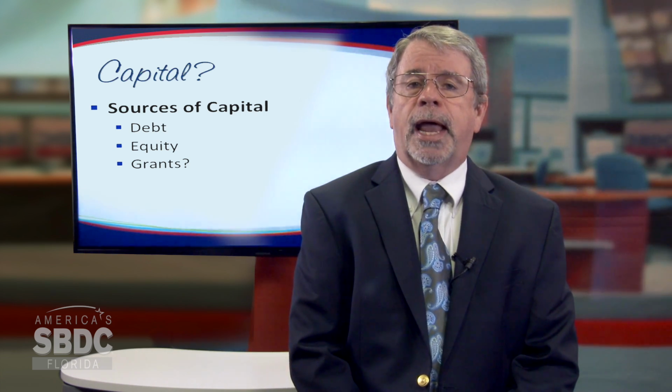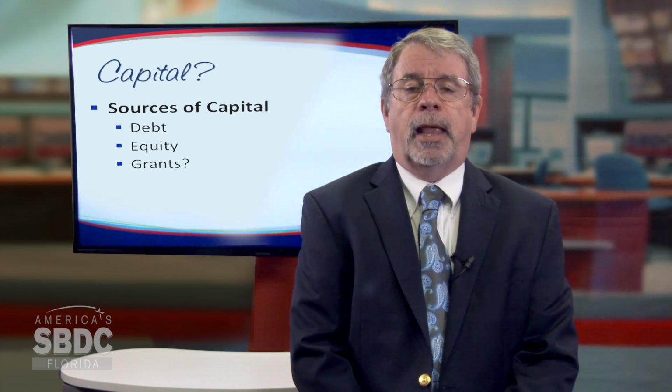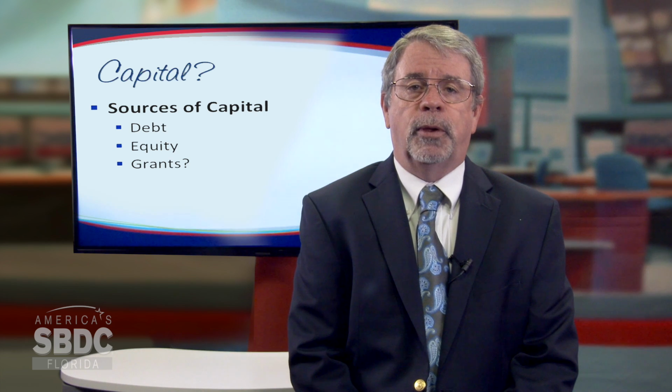The first is debt, and debt is frankly borrowing money. That could be a conventional loan, it could be people loaning you money on the side, but whatever it is, you're going to have to pay it back. Equity is a situation where you invest in your own business and you hope to get your money out of the business someday. And then, of course, some people may want equity if they're going to help you out with the business as well. This is very common with angel investors, for example, or anybody else that wants a piece of the business, as they say.